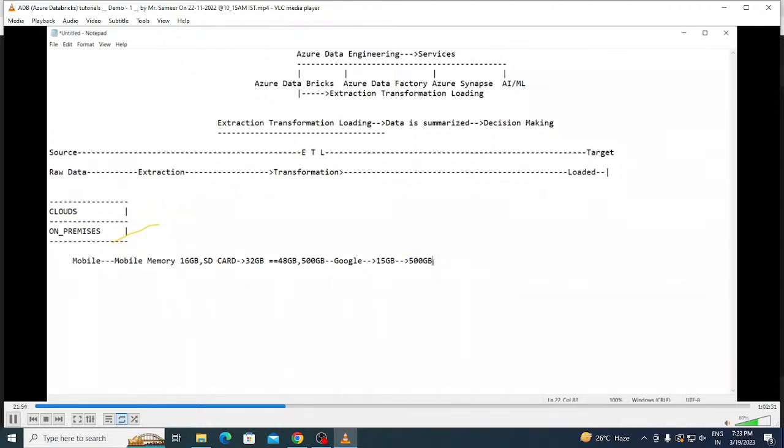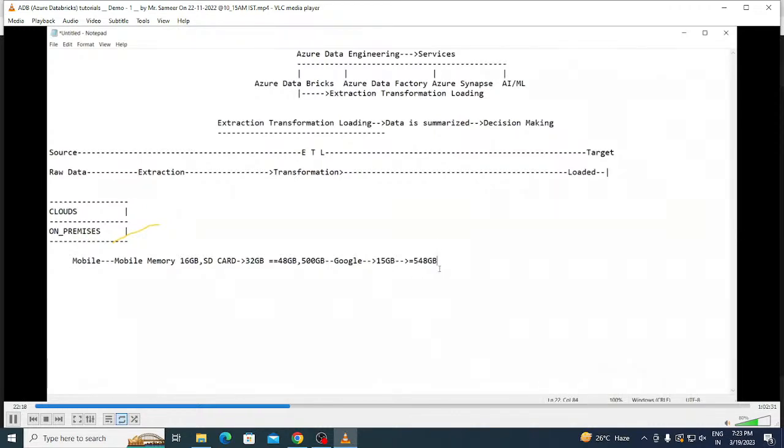Now, guys, totally, I bought it. I bought this one also. Everything is done now. Totally, the amount of memory. What is that amount of memory I have? 548 GB memory. Totally, I have it now. Totally, how much memory I have? 548 GB. That means 48 GB in my mobile phone and 500 on my Google Drive.